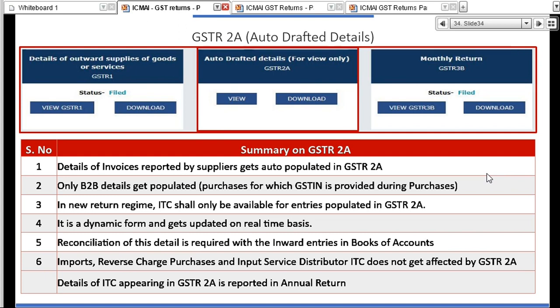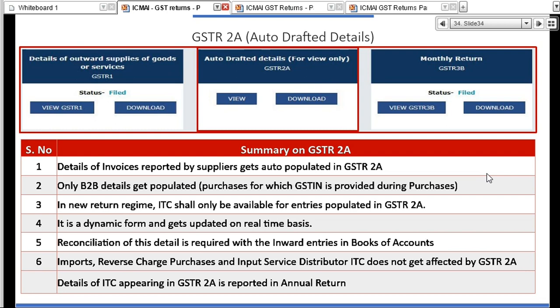Once the new return format comes, you will only get ITC based on auto-populated details. There is no provisional reporting of ITC except for a certain percentage of unreported invoices. It is a dynamic form and it will change on a real-time basis. So even if you download a form 10 minutes back and the supplier is updating something now, the form will change, right?